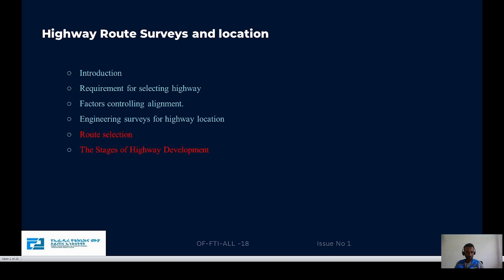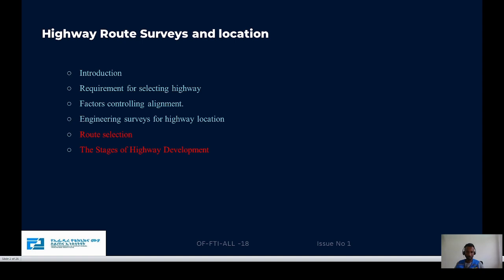factors controlling alignment. For example, obligatory points, where the alignment must or must not pass. Pass means points such as precipices, tunnels, etc. will be passing points. Not-passing points will be marsh areas and lowland areas, mostly exposed to flooding. Historical places and religious places will also be included in the factors controlling alignment, and also we deal with engineering